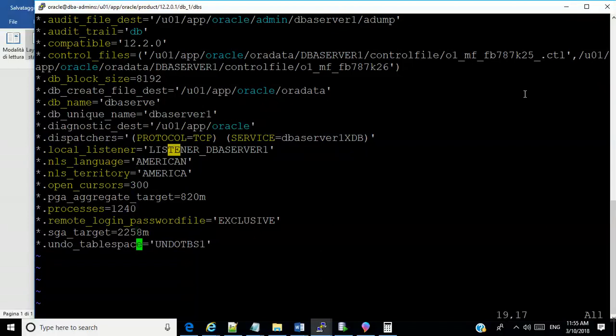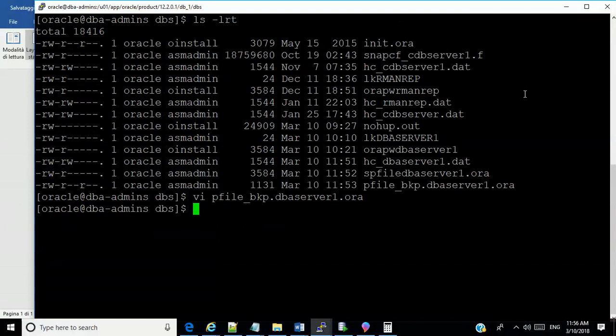I can change many things here if I want. I could change open cursors to 350, depending on what I want to do. And now I save this file, and I'm not going to connect to that. Let me just stop the database.